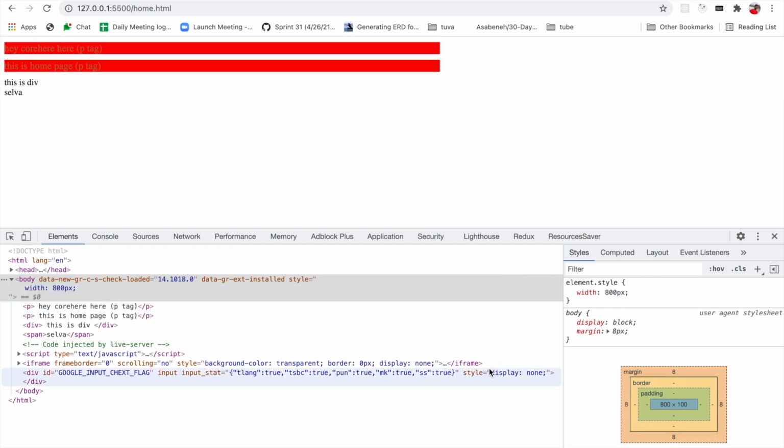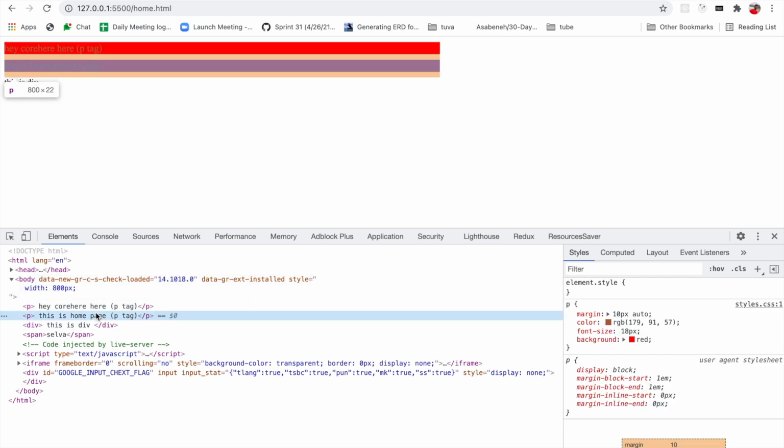For this reason, every block needs a new line. Say for example, this p tag started from a new line, this p tag starts from a new line. Even though it has some space around here, it won't mingle with it, because every block element needs a full width. For this reason, every block element always starts from a new line. This is the main concept for block. It takes the full width, and at the same time it needs a new line every time.